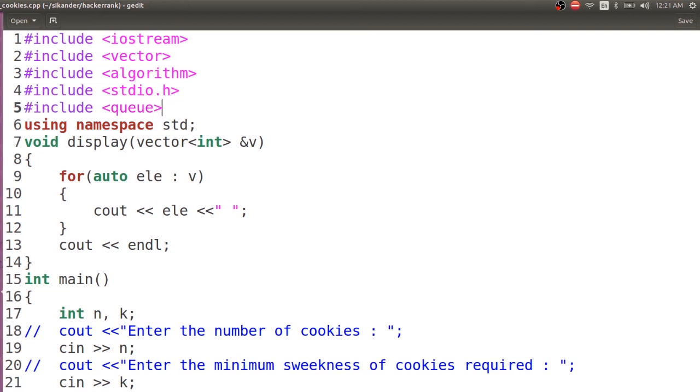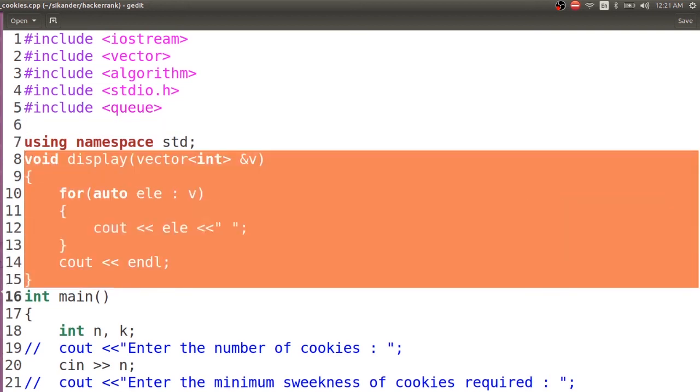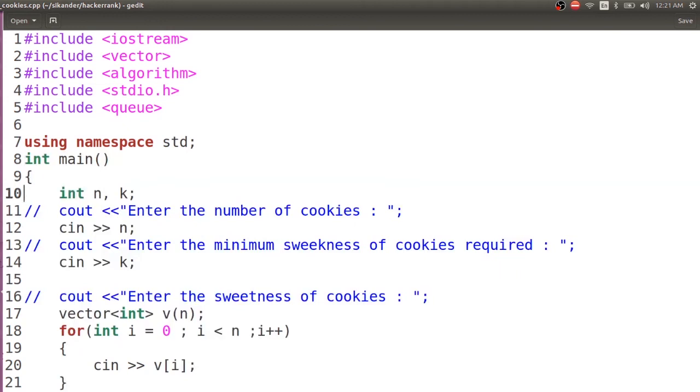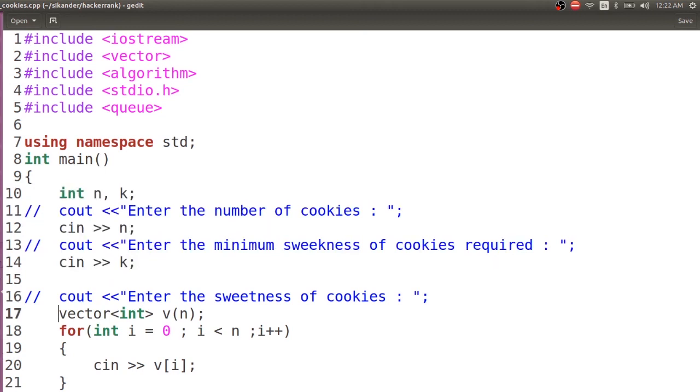Right now, I will not be working with a vector, so there is no need of printing the element like this. Then first reading the value of n and k is fine. Then instead of vector, we need to use priority queue, priority_q,